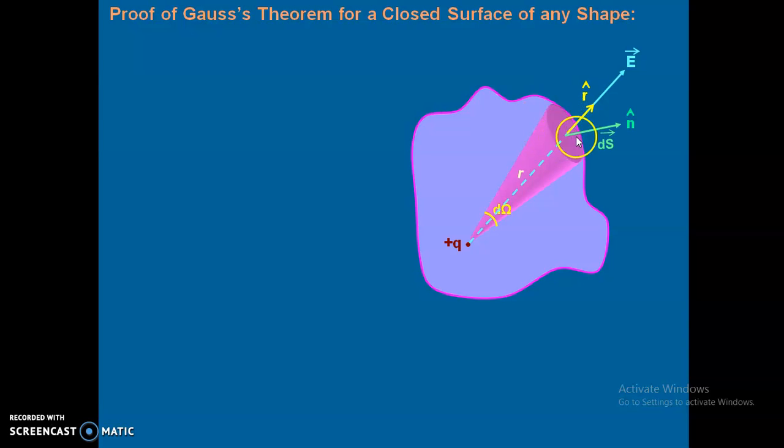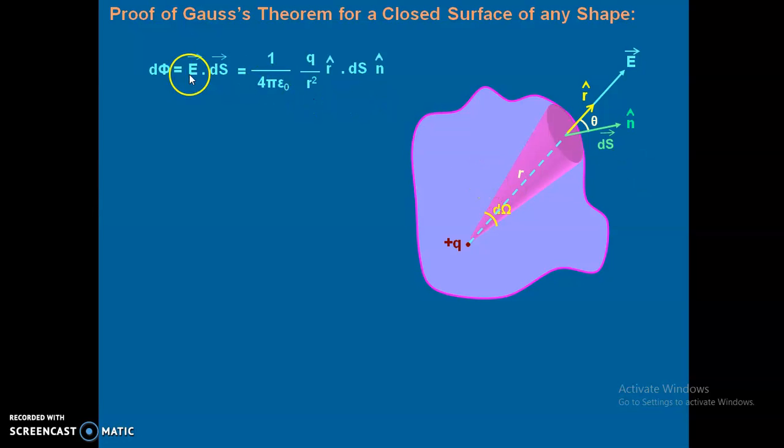And here, this is the vector dS, the area vector of this small surface. Since we have considered a very small surface, we have represented the area as dS, and vector dS represents the direction of this area vector, and n cap is in the same direction as the area vector, right? This is the angle theta between the electric field intensity and the area vector.